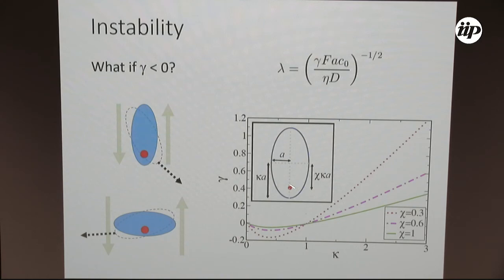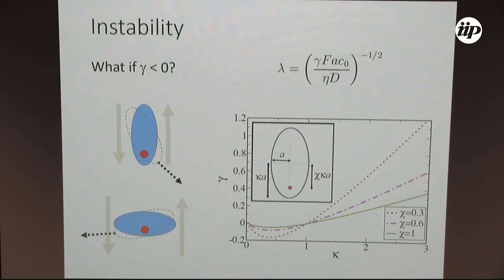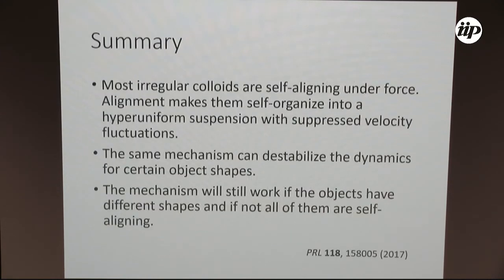And if it's prolate, then the mechanism is stabilizing and we get a hyperuniform expansion. If it's oblate, then it's the opposite, and you have an instability. Again, this is a strong prediction for experiments that was not observed. This I can explain very intuitively, but I think I don't have time. Okay. Well, the point is that suppose I have here an area that is heavier. So this one sinks a bit faster than on the right. So it's quite clear that if I have such an object, it will be tilted away from the heavier region. But if it's an oblate, it's the opposite direction. So that's all there is in it. And yeah, that's it.